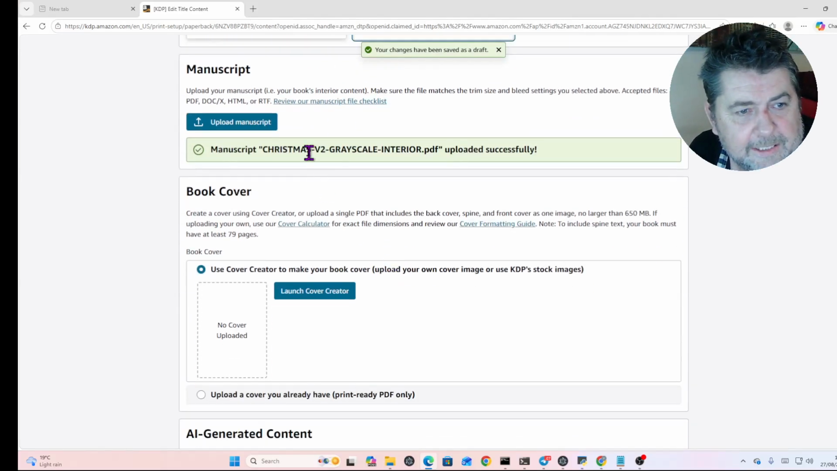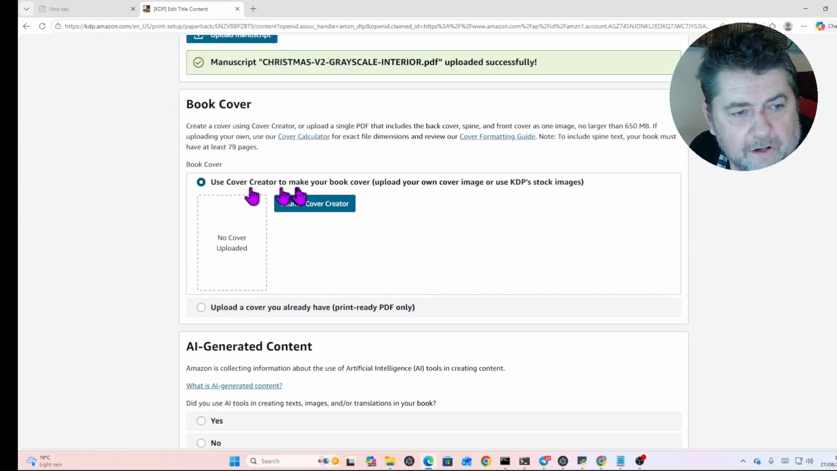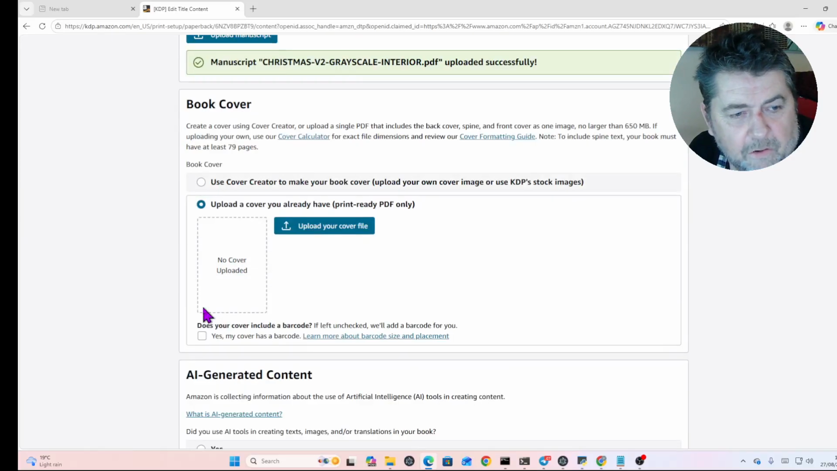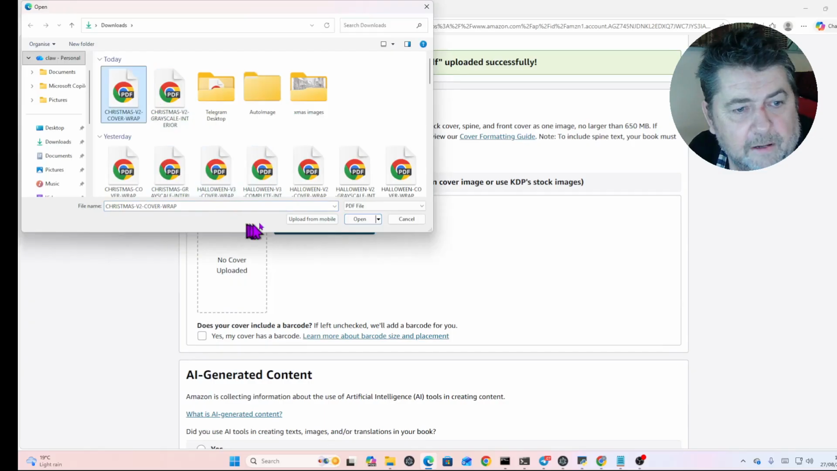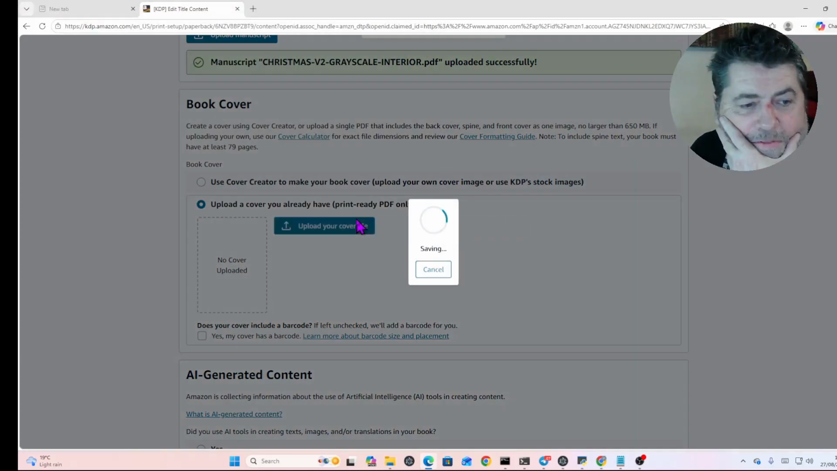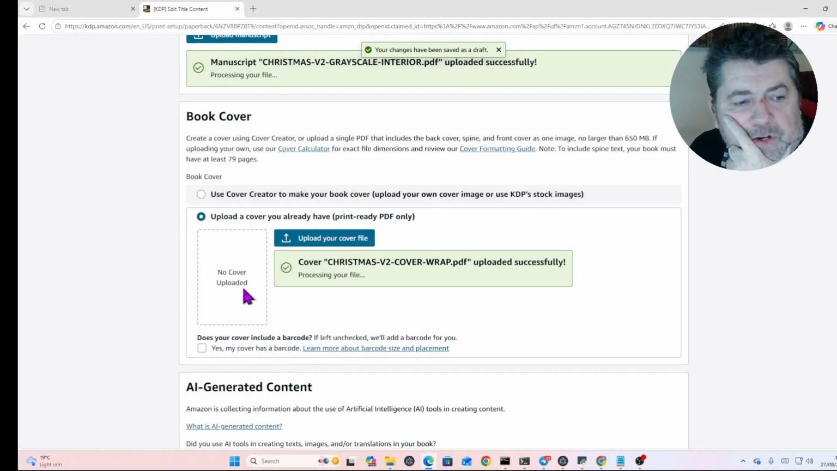So we've got our interior up there. You can make your own cover. We're not going to. We're going to upload our own cover. So then we just go to the cover, upload it, and there we go. It's uploaded the cover. Now what it normally does, it normally puts the cover there so you can see it. Right,